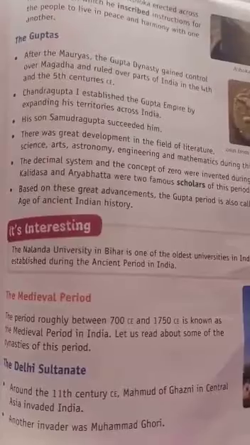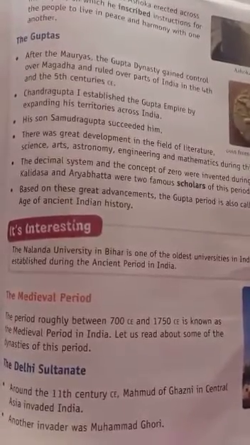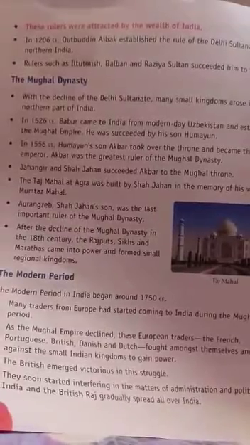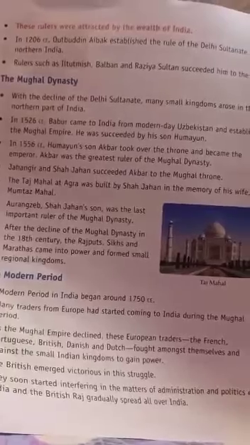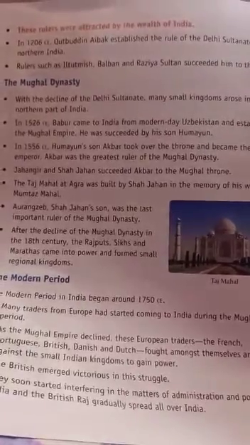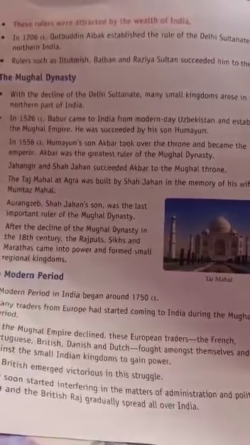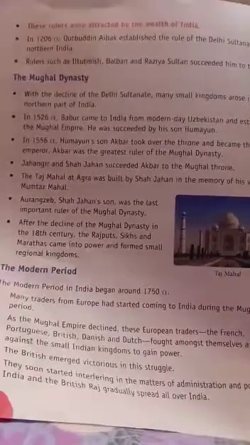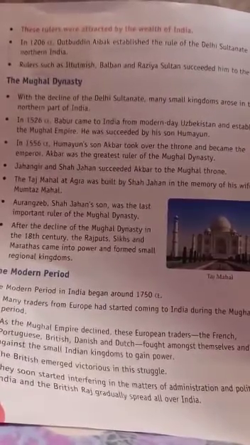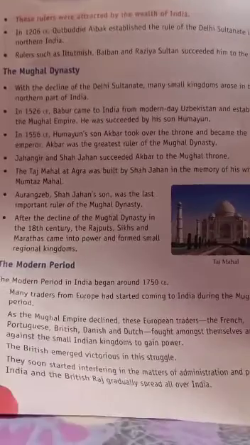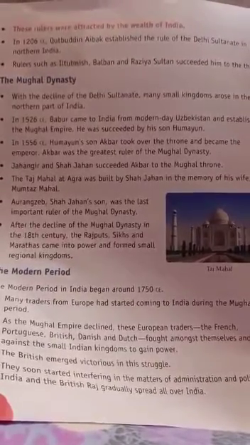Another ruler who was known as Muhammad Ghori also came to invade India. Let's learn why these rulers came from Central Asia to rule over India. These rulers came to India because they were attracted by the riches and wealth of India. Okay. And during or after the decline of this Delhi Sultanate, small kingdoms came into power in the northern